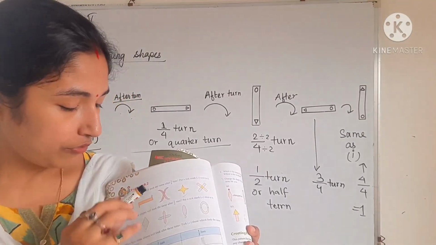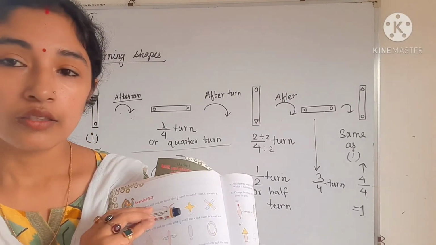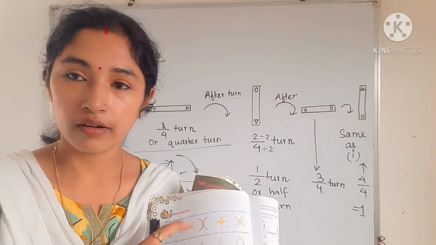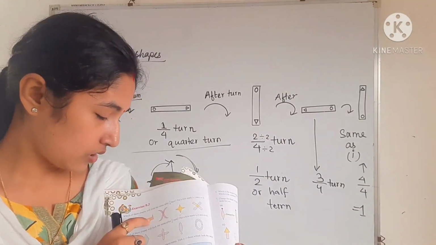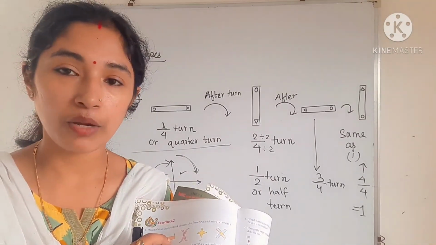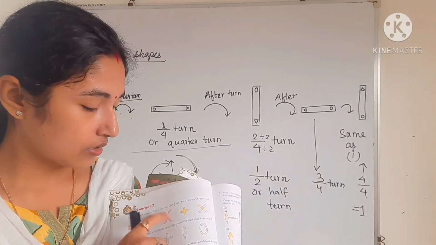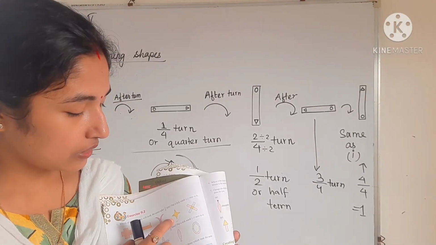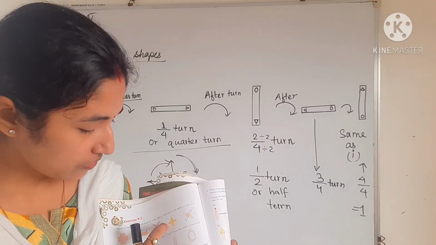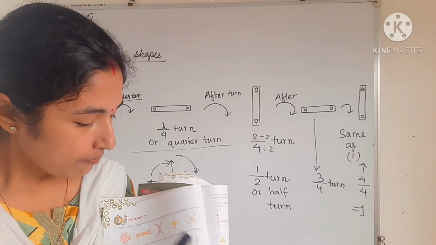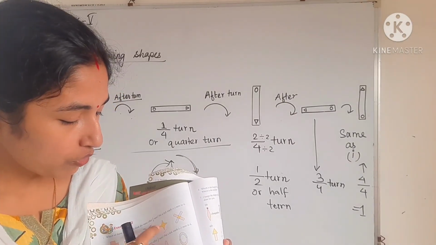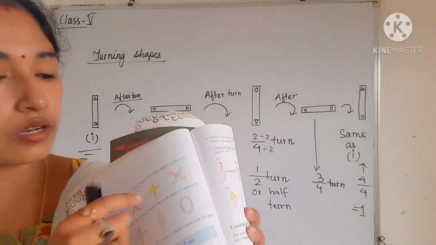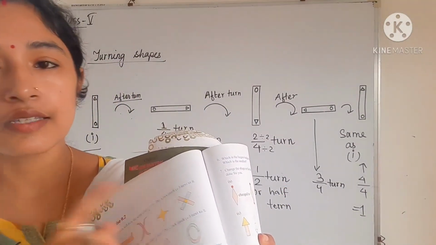But if you turn this figure, the second one, this will become like this. Okay. This will become straight. So that will not be similar like this. Okay. So this will not look same after 1/4 turn. Similarly, this x, this will also not be same. Okay. Similarly, this one, you can see this is a symmetrical figure. Okay. This is a symmetrical figure, and if you turn 1/4, that will be again same because the whole color is same. That is yellow color. If you turn, you will get the same figure again.